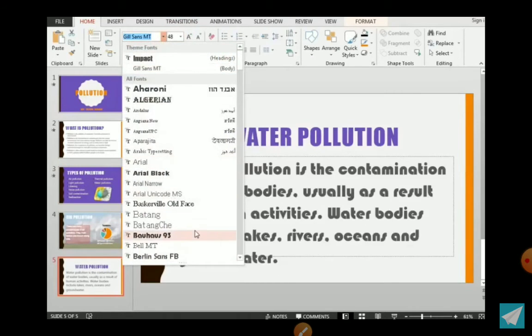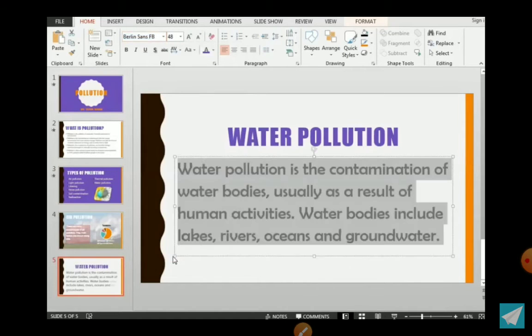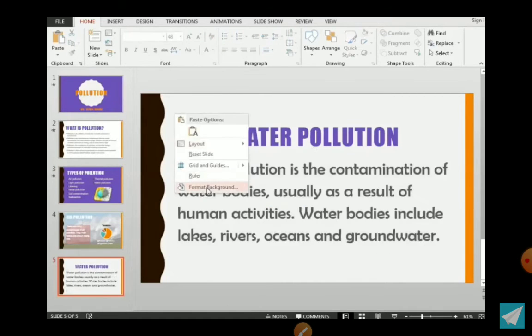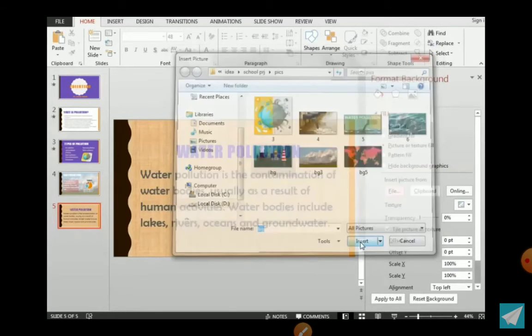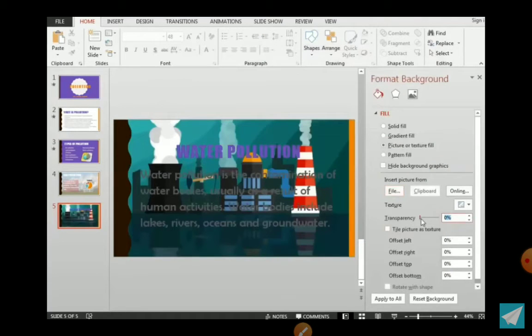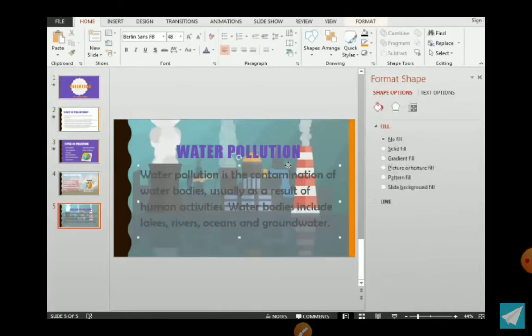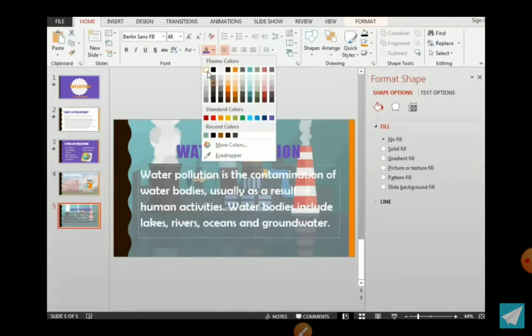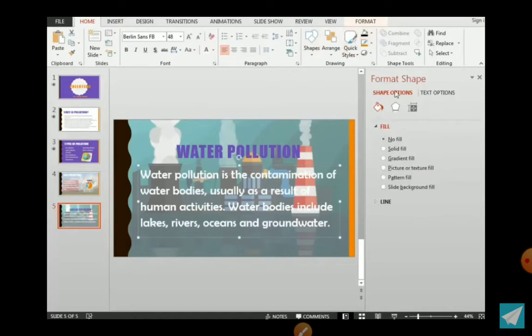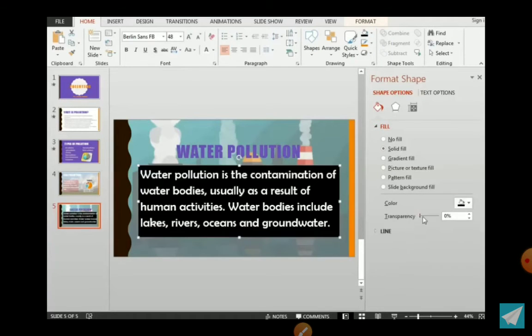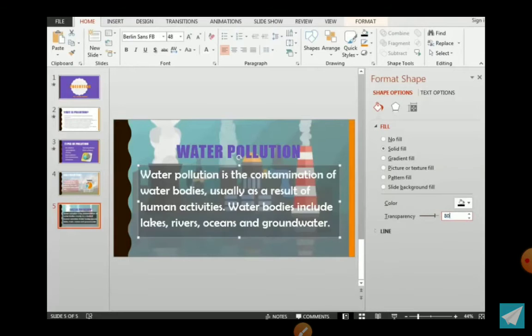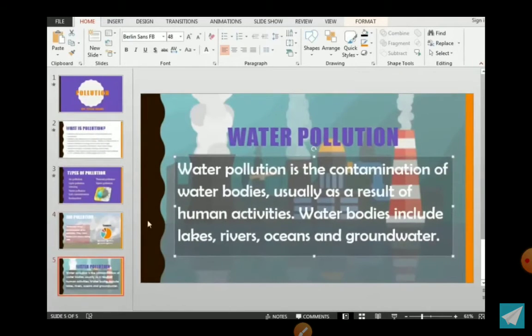We need to change the font style, format background, change the background of the picture by using a picture in the background, adjust the transparency, font color, and then background. Yes, so that is about water pollution. We can adjust the size of the text also.